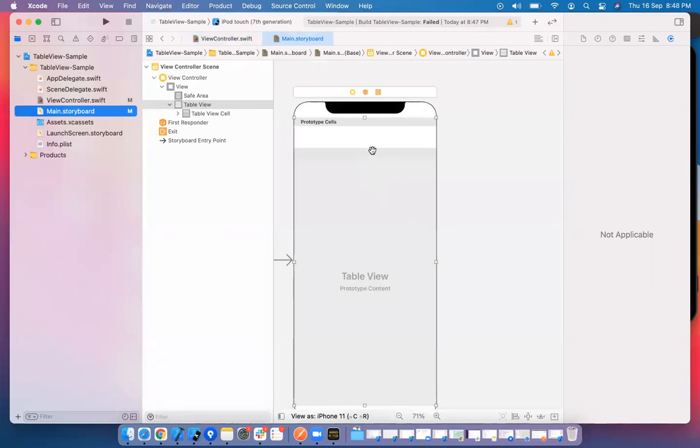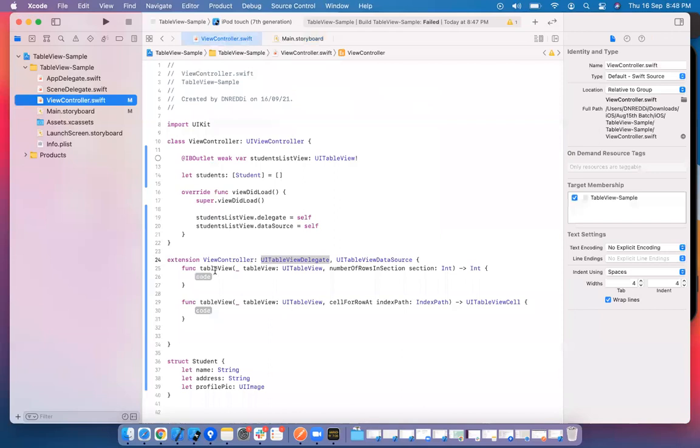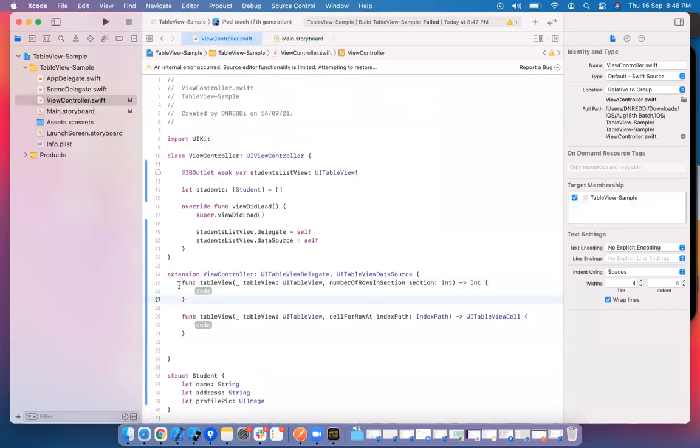How many number of rows we need? Without number of rows, you cannot create the table. That is the reason they made this method a required method. Also, when you specify the number of rows equal to so and so, you also give the content for those rows. These are the two required methods, which tell the table view: